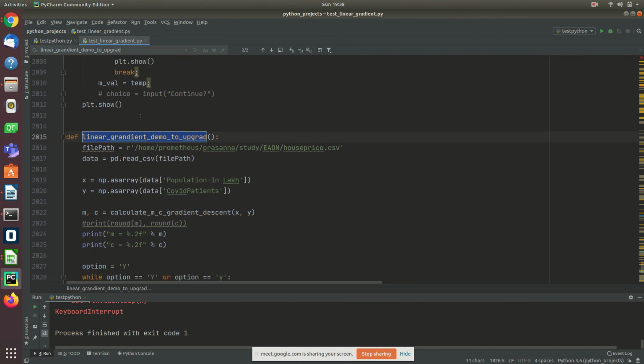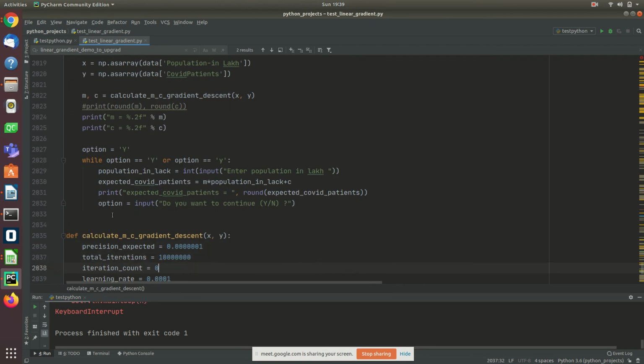Same exercise, last one is also the same exercise. So I'm reading it from the same Excel sheet, my x and y. I'm just calculating everything in a function by given x and y, and I got m and c. This function gives me m and c given x and y. I deliberately wrote the function so that it only takes x and y and gives me m and c back. And let me calculate.